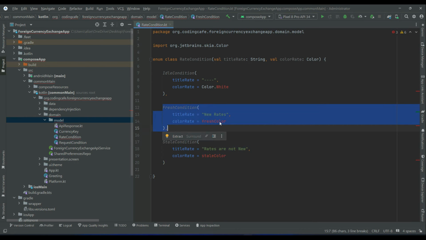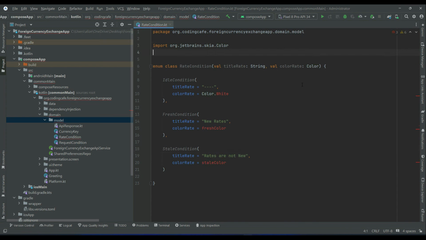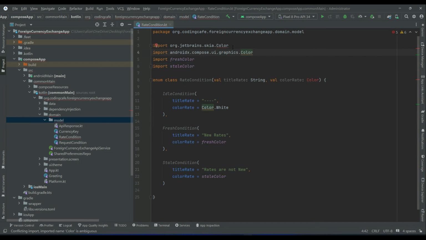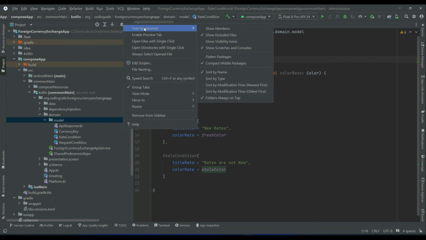In case of the fresh condition, the color will be the fresh color, which is green, and the stale condition will have an orange color, and the title will be "rates are not new". Make sure to import the packages. If by default you have imported the wrong package, which is Skia color, we do not need this one. We need this one, which is androidx compose ui graphics Color, and then freshColor and staleColor. Then after it,